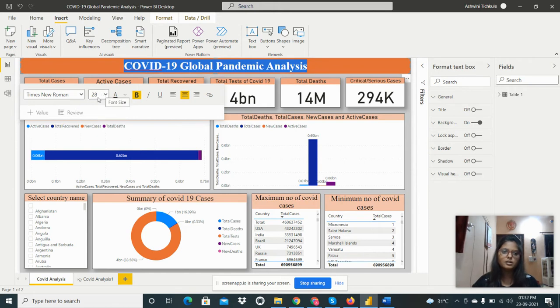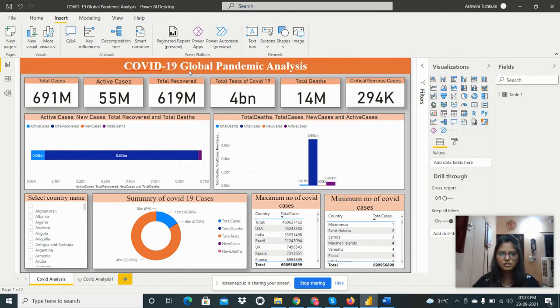We can give a size, and we can change the font. We can align it left, right, and center. We can bold this.